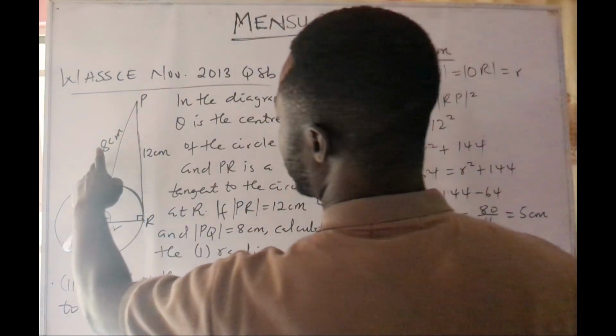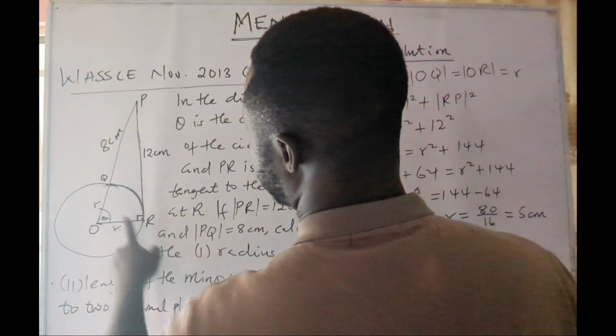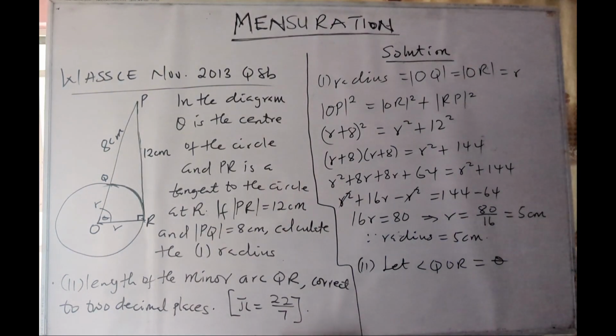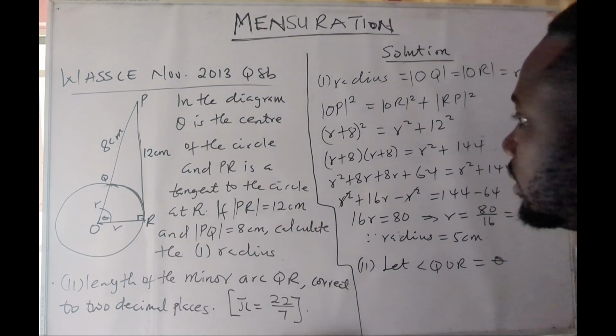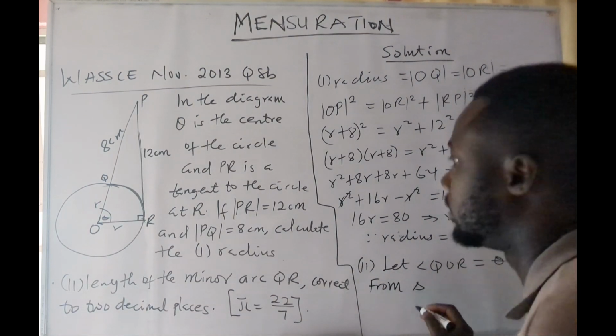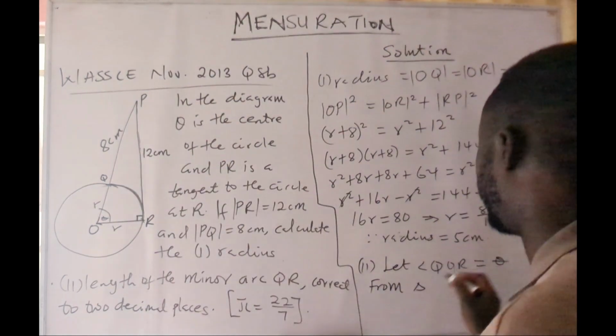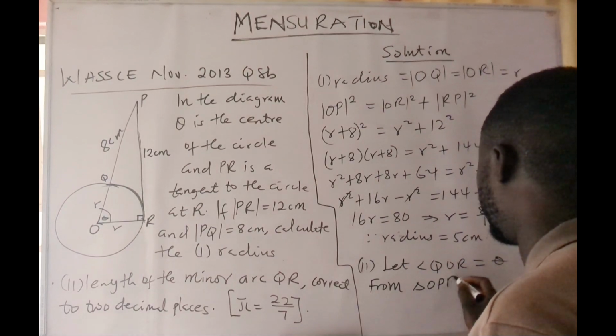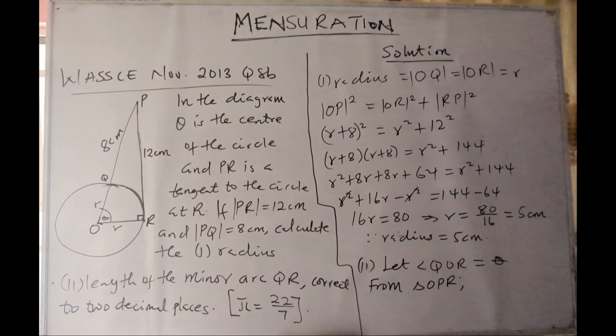So my angle QOR is theta. If that is the case, then from triangle OPR, which is a right angle triangle,